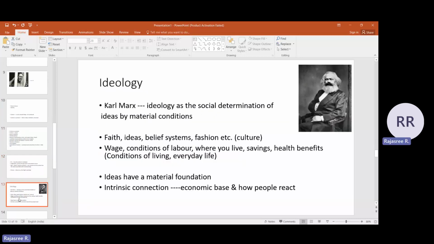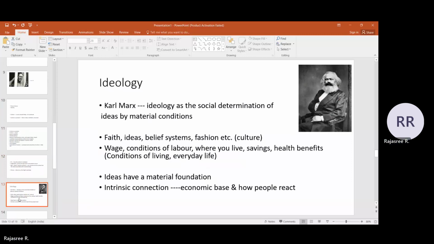Okay. Then some of the major terms that you should know with reference to cultural studies. One is ideology. You know this picture. This is Karl Marx. So Karl Marx, what he stated was, ideology is the social determination of ideas by material conditions. See, ideology, it is determined by your material conditions, who you are, what is the work